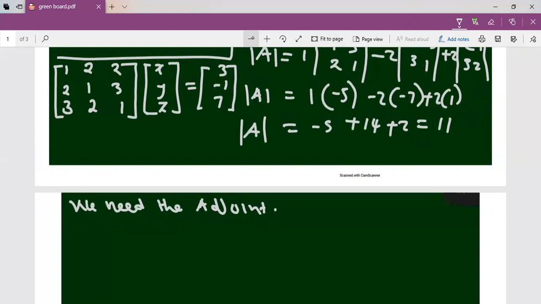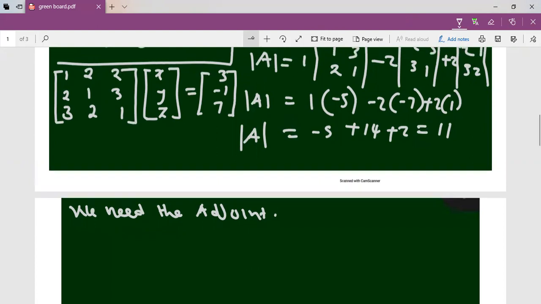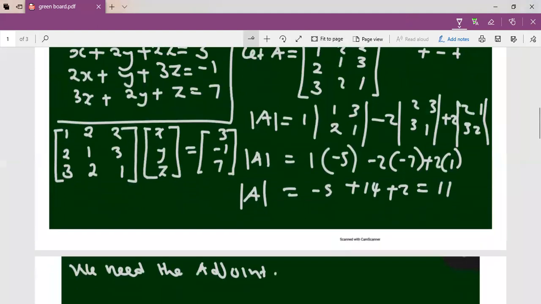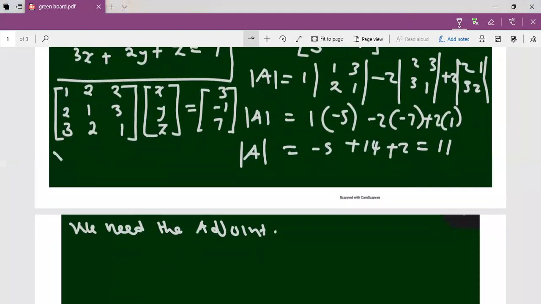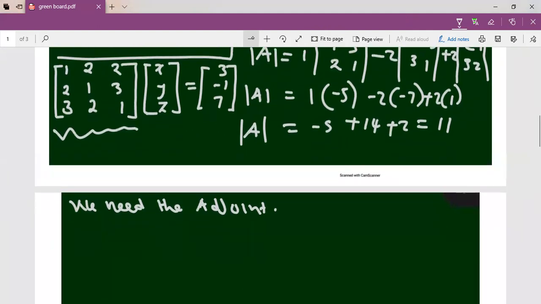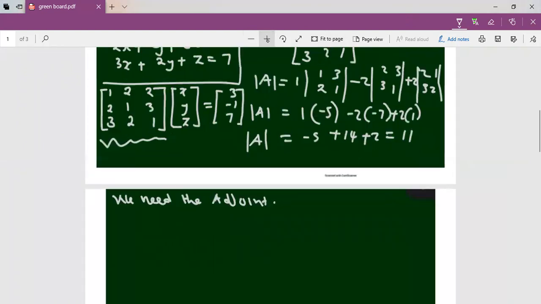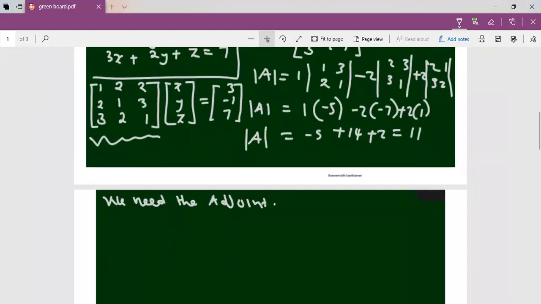To get the matrix of cofactors, we are going to use this matrix A. All right? This matrix A here, which is this matrix here. So you're going to create more